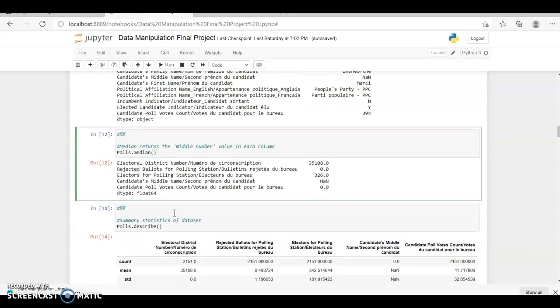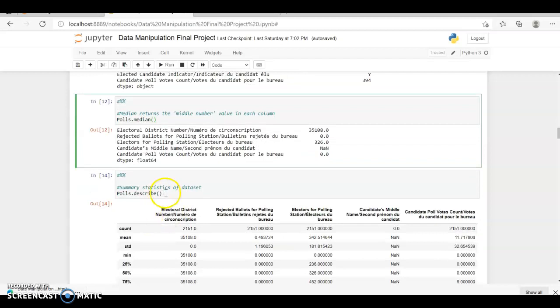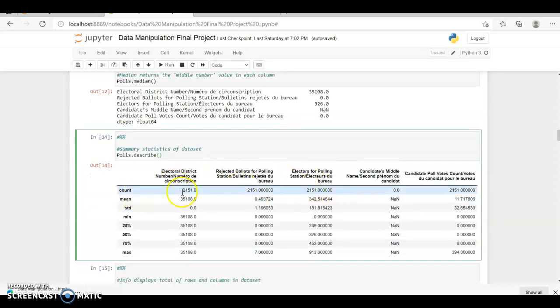If I have some missing values in my rows, I can use mean or median, but mostly analysts go with mean or median for better accuracy to treat the missing values, the NaN values. The describe gives me the description of the dataset, like the count, the mean, the standard deviation, and the 25% is the IQR, the interquartile range, like the first quartile, second quartile, and third quartile.